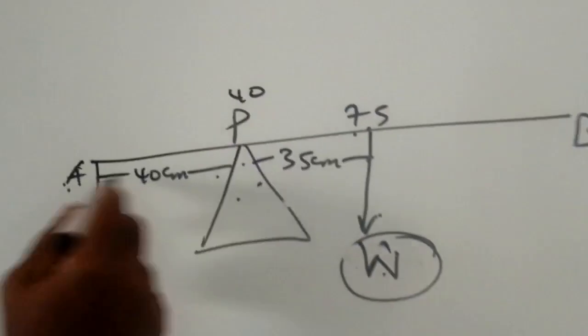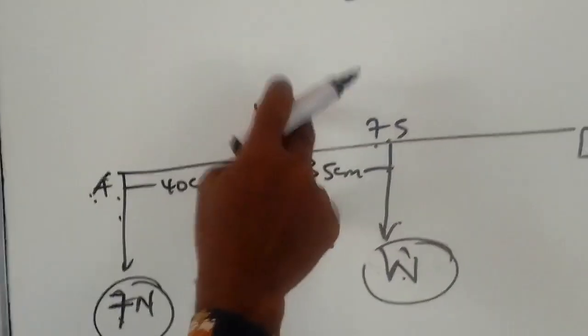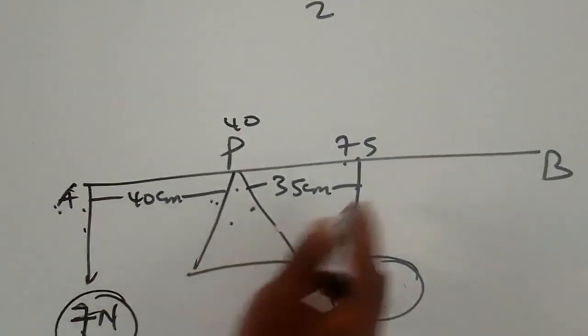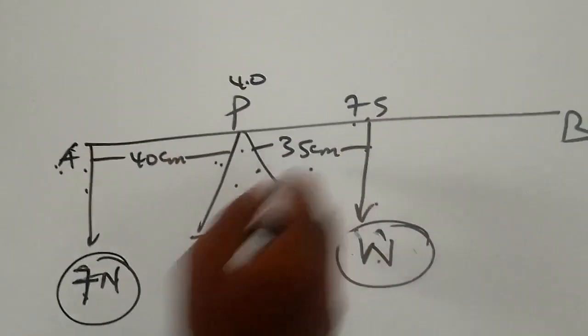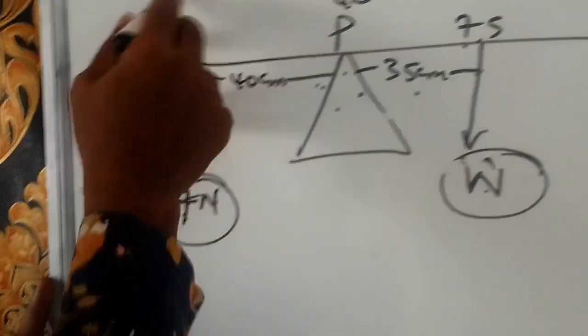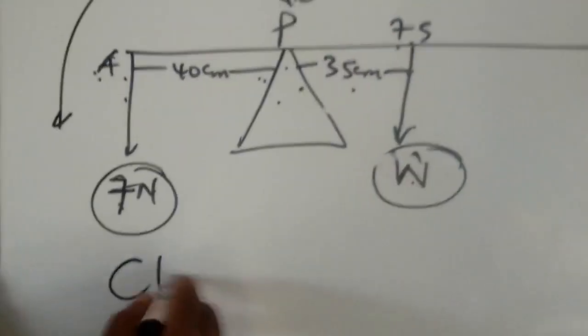So if here is 40, that means this point is 40. 40 minus 0 will give you 40. So then 5 minus 40 gives us 35. So we'll take this place as clockwise. Clockwise moment becomes